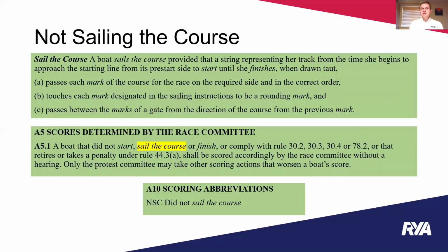Sailing the course has now been written in as a definition. This takes out a lot of the wording that was in Rule 28 and creates a definition that a boat sails the course provided that a string representing her track from the time she begins to approach the starting line from its pre-start side to start